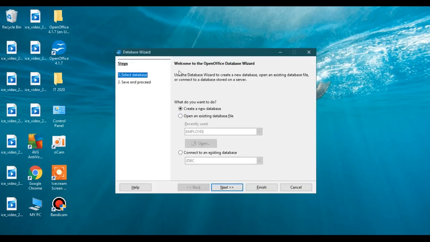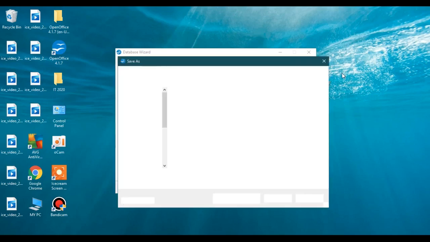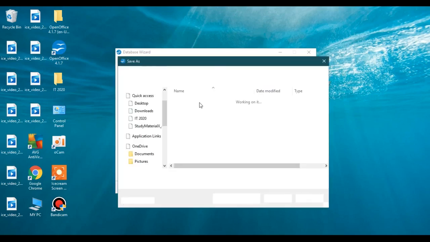This is the database wizard dialog to create a new database or open an existing database file. Now we are going to create a new database. Then click the next button. The next step is save and proceed. I'm going to register the database for me. Then click finish. Once you press the finish button, you'll get a save as dialog for saving your database.